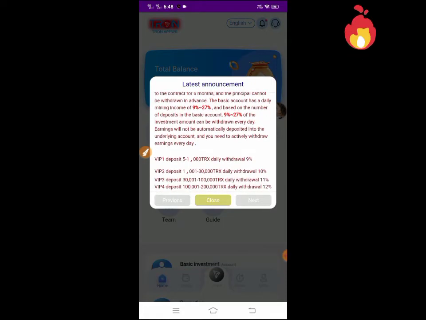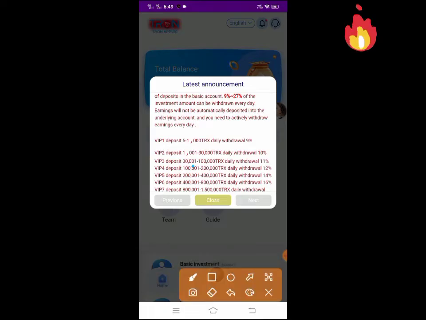If you deposit in VIP 1 level, a certain amount of TRX, the daily withdrawal will be 9%. For VIP 2, you deposit a certain amount of TRX and the daily withdrawal will be 10%. If you deposit a certain amount of TRX you will get 11% daily withdrawal. VIP 4, daily withdrawal 12%.